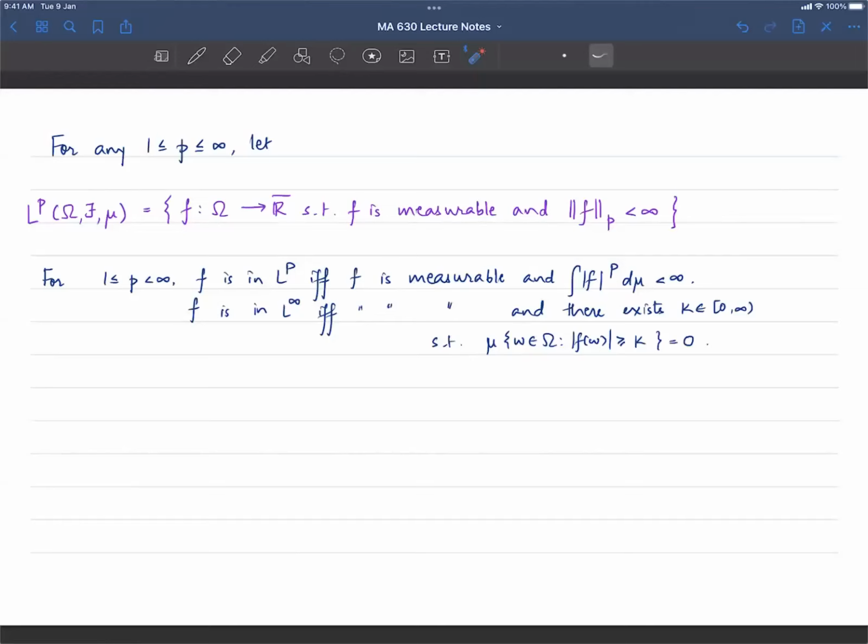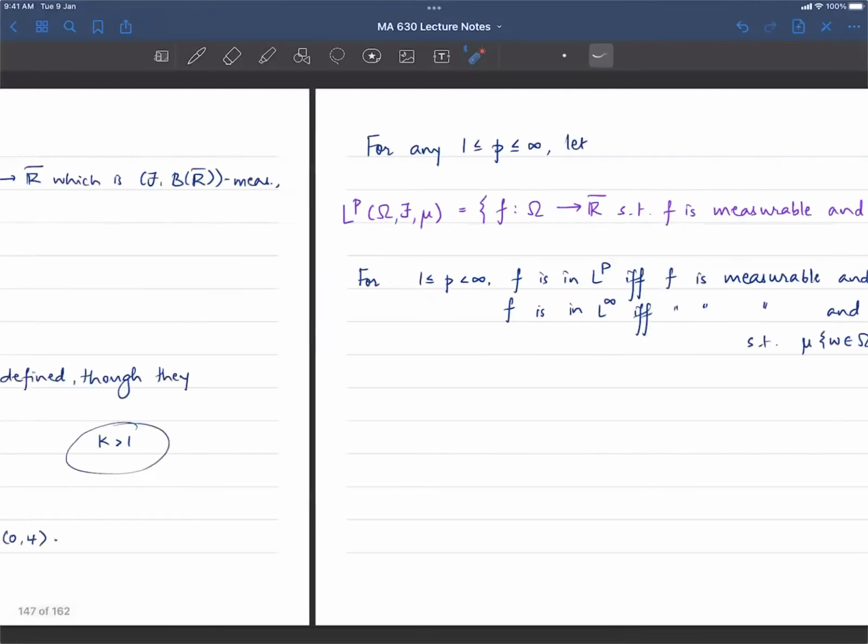Now, I just want to briefly remind you what a vector space is. You have seen vector spaces. A vector space is a collection of objects called vectors. You can add 2 vectors to get a new vector. You can multiply a vector by a number to get a new vector. And the operations of addition and scalar multiplication should satisfy some properties. You have seen vectors in R2, R3, Rn and so on. When you took your ODE class, you probably also saw that vector spaces could be spaces of functions.